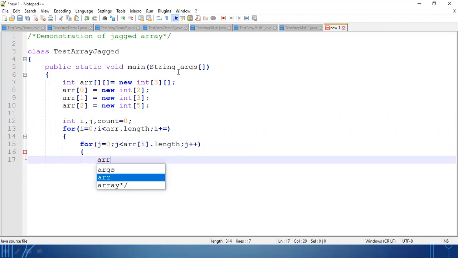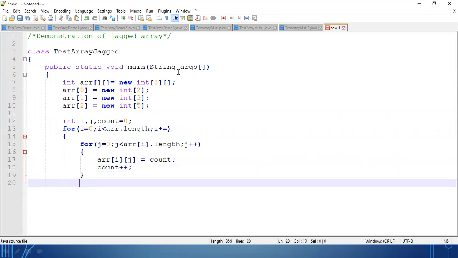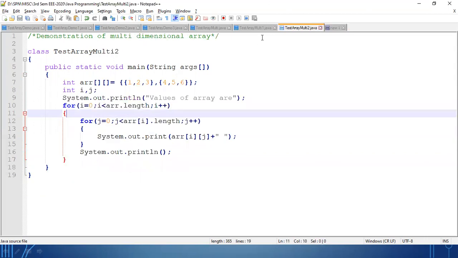What I am doing here, array of i, j equal to count value, I am assigning and incrementing, only to know that sequential values are being assigned. Clear? Then I am printing the values.